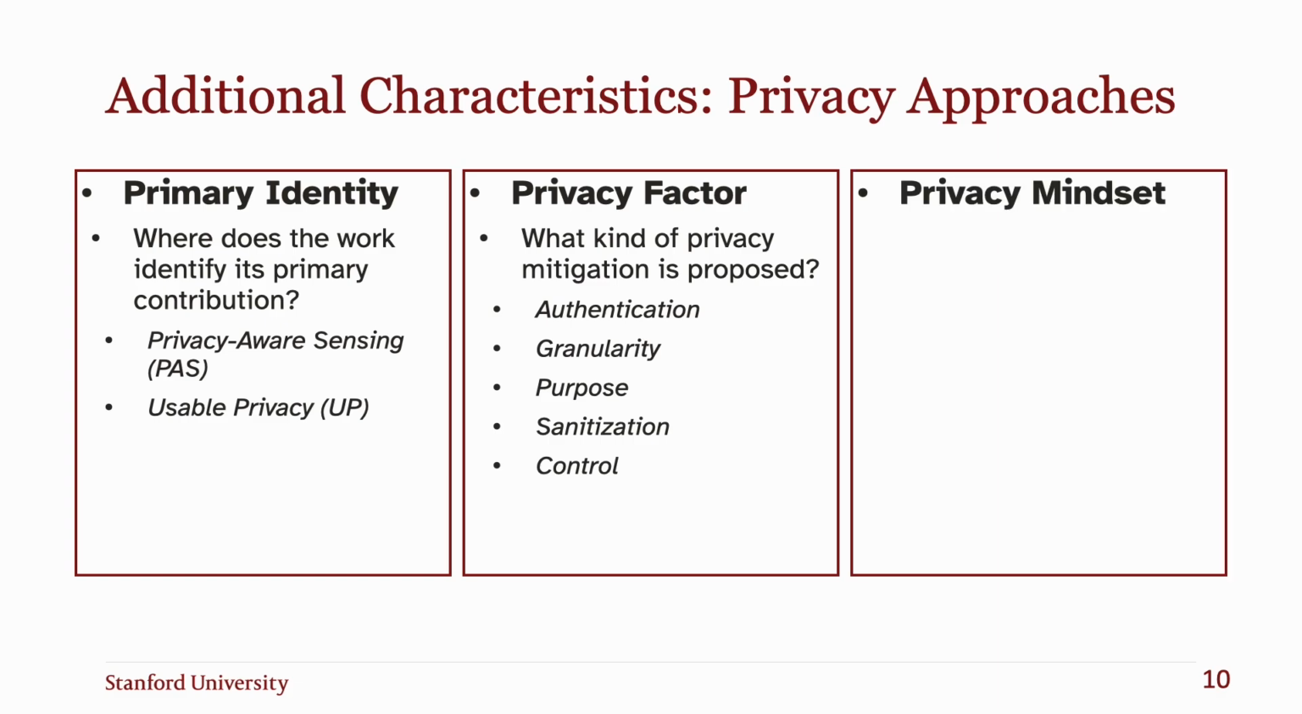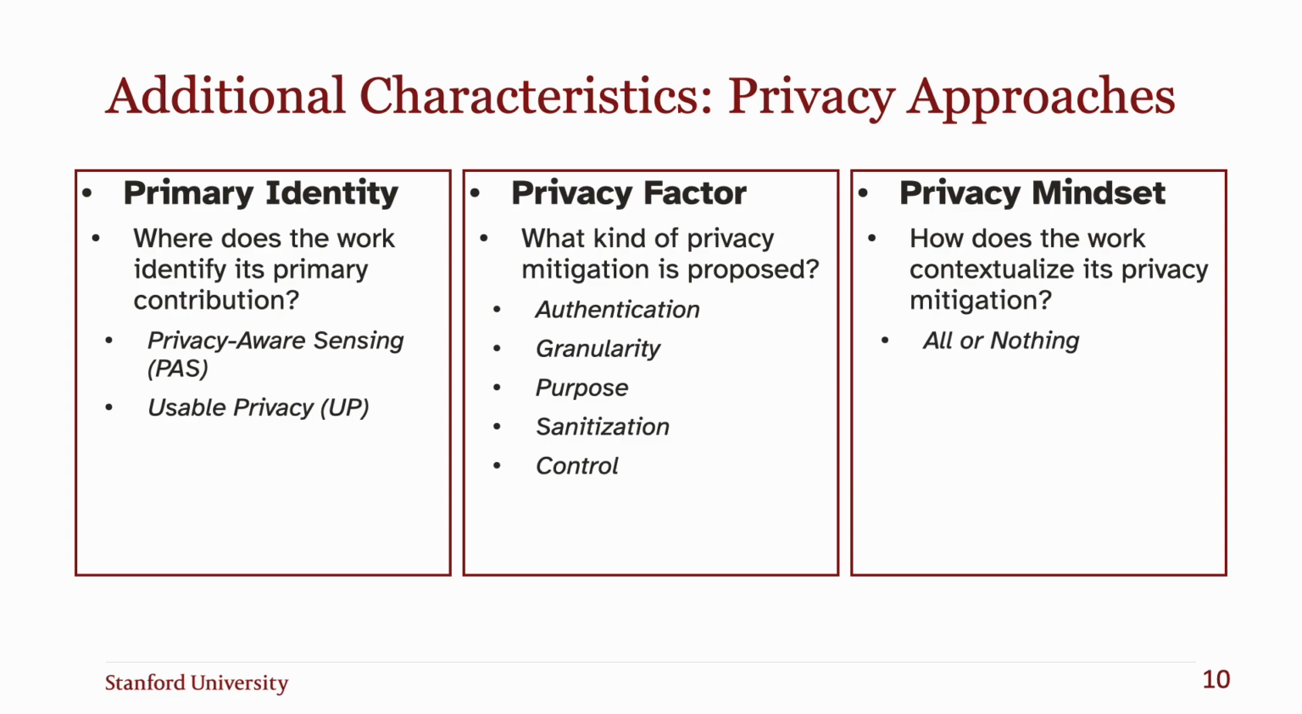We also categorize the work's privacy mindset, which represents how the work contextualizes its privacy mitigation. This included the all-or-nothing mindset, which presents a binary perspective on privacy and proposes an absolute privacy mitigation; better than nothing, which presents a gradient perspective on privacy and proposes a mitigation that has known and well-scoped limitations;